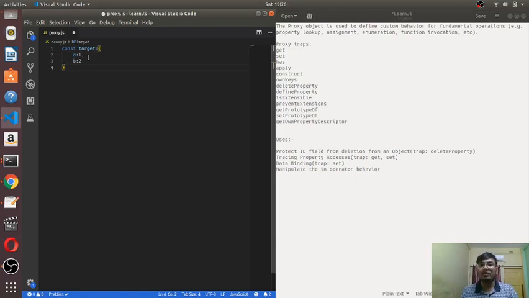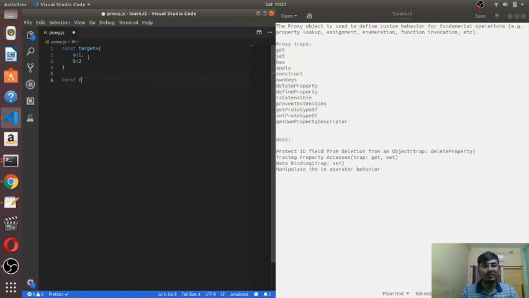Before moving into proxy, we need to know the various parameters for proxies. A proxy takes a handler and a target as parameters. So what is a target and a handler? A target is the object on which you are going to apply that proxy, and what the handler does is it defines a behavior. So basically you want to provide a new behavior to that object. That is what the handler does.